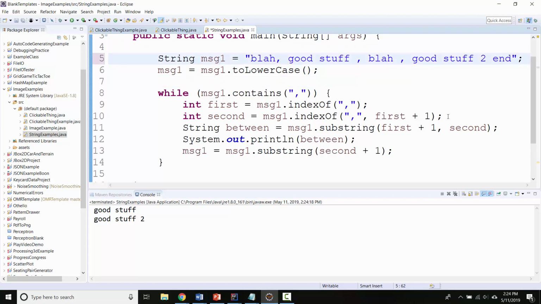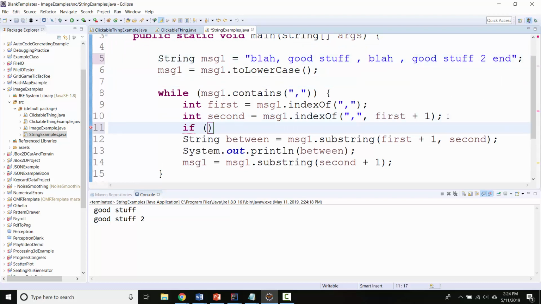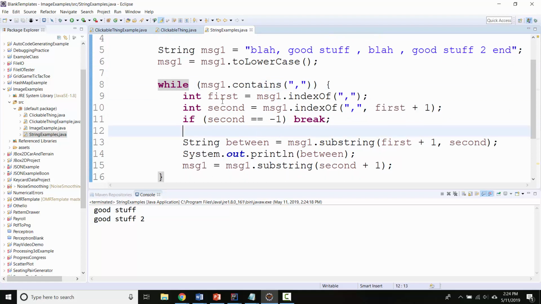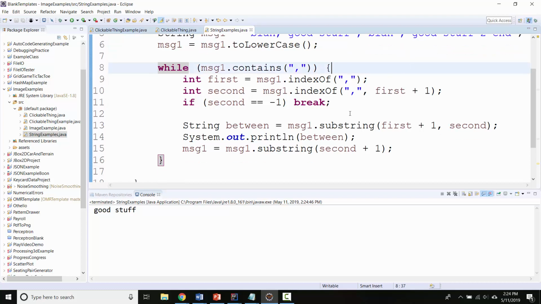If you wanted to handle the other situation cleanly, an easy thing to do would be, you could say, if second equals -1, that means that we didn't find a second comma. So you could break out of the loop. Break is a statement that just exits your loop. Cool. So now I've got 3 commas, and it still hasn't crashed because it gets everything out between the first 2, but then it notices that there isn't a second comma after this first one that it finds, and so it exits. Okay, hopefully that's a whole lot of flexible stuff that you can now use to manipulate